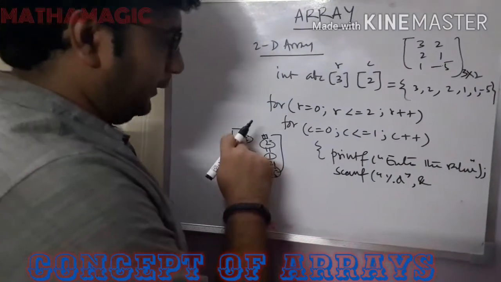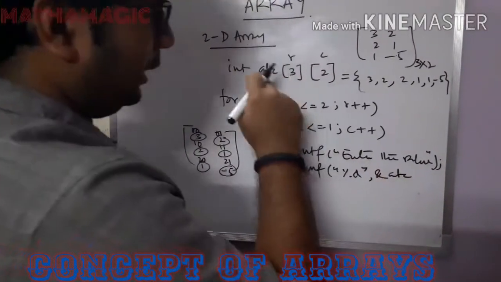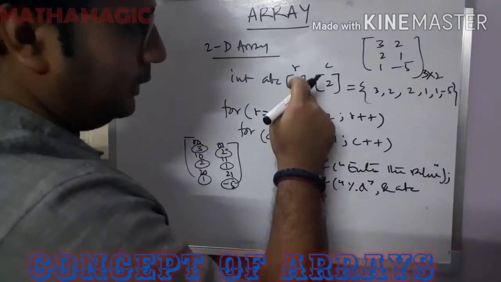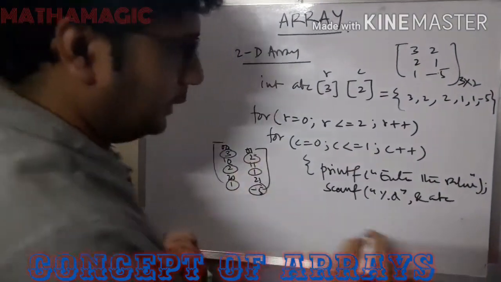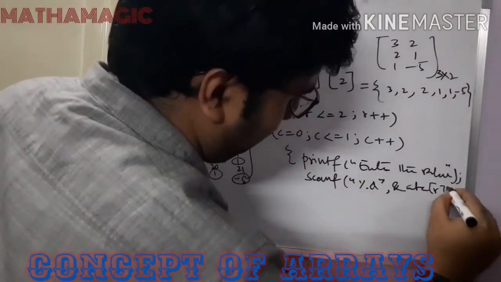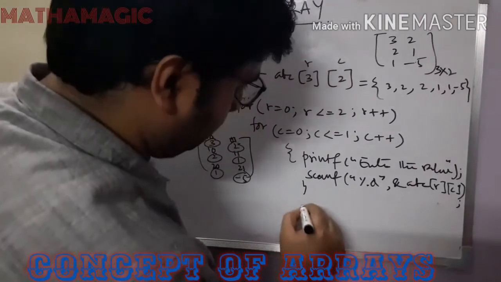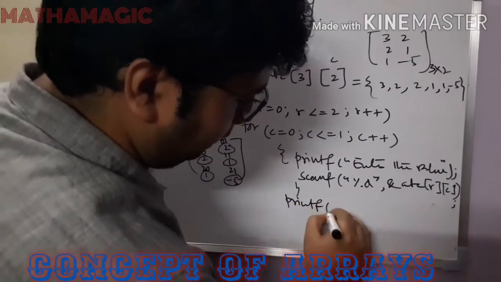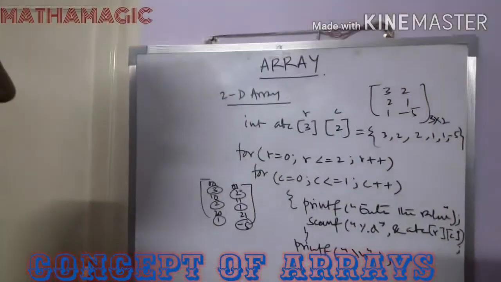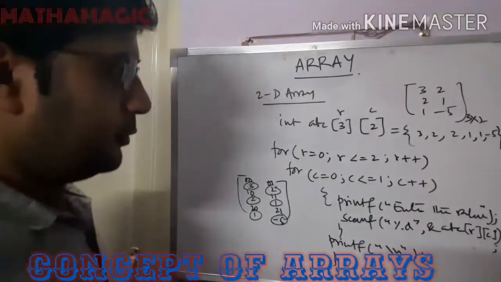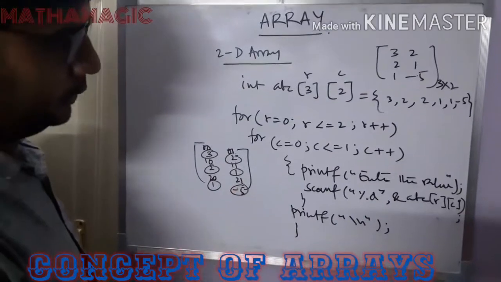So first we'll write this one, scanf, where we want to store. ABC is the name of the matrix. Now in ABC we are trying to save the values like this, ABC row and column. Now what is the methodology which is going on? We'll just give one printf \n. So it will be like this. Just try to write it down so that you will understand it properly.